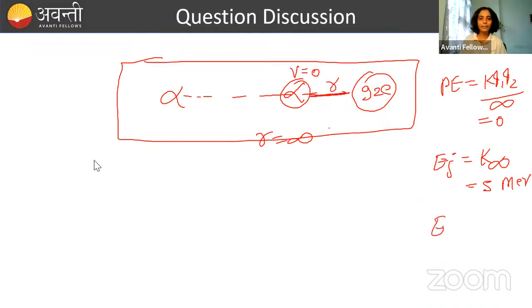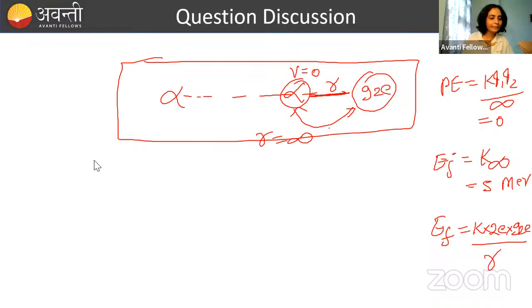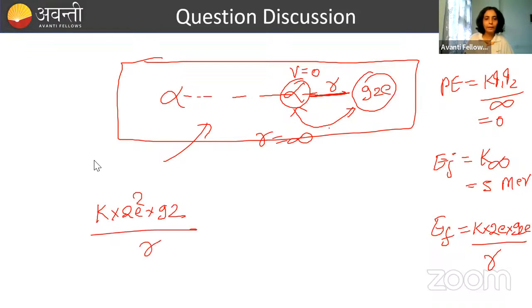तो फाइनली टोटल एनर्जी क्या हो जाएगा? काइनेटिक एनर्जी विल बिकम 0. नाउ दिस 2 चार्ज सिस्टम विल हैव पोटेंशियल एनर्जी. सो K into charge on alpha particle, that is 2e, charge on uranium nucleus, that is 92e, divided by distance, that is R. And here initial and final energy will be same क्योंकि force acting is an electrostatic force, that is a conservative force. तो यहाँ पे आप क्या लिखोगे? K into 2e square into 92 divided by R is equal to 5 mega, that is 10 to the power 6 electron volt. जूल में convert कर दो सबको.